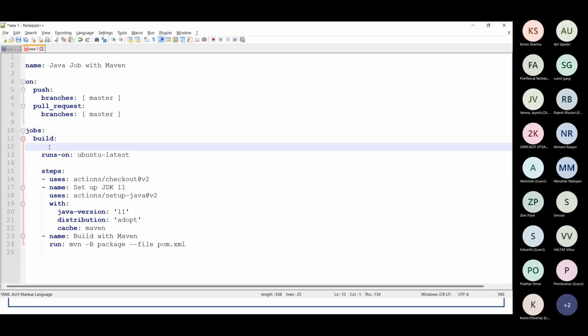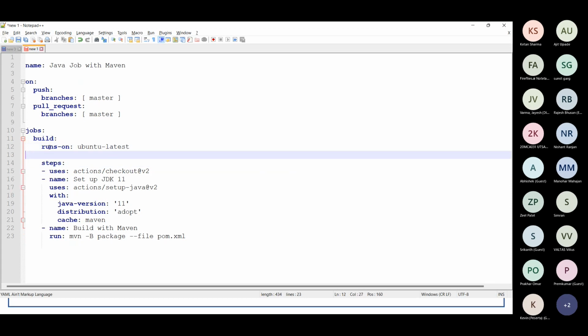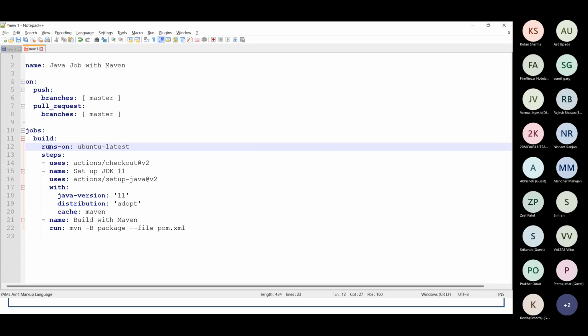So we are saying where we want to run, where we want to execute the build. That's something we can pick up here. So it shows runs on Ubuntu latest. That's what we are trying to define here. So Ubuntu latest is what we are configuring in this one. After that, we just have the steps here. So it's doing the checkout, setting up the JDK, and running the build.